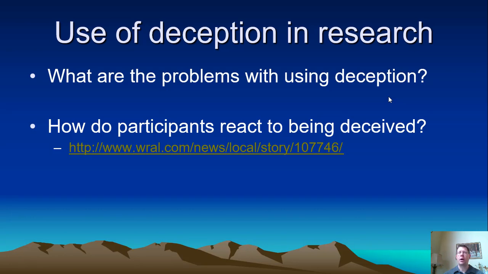There's one study in particular where they ran the same study, and in one version they told participants the truth, and in another version they used deception. Then during debriefing, they got the participants' responses to the research and had them rate how important they thought the research was. What they actually found is that the participants who were deceived thought the research was more important, because the deception was key to studying that behavior. Whereas if you don't use deception in that area, the behavior isn't natural, and therefore that research is less important.